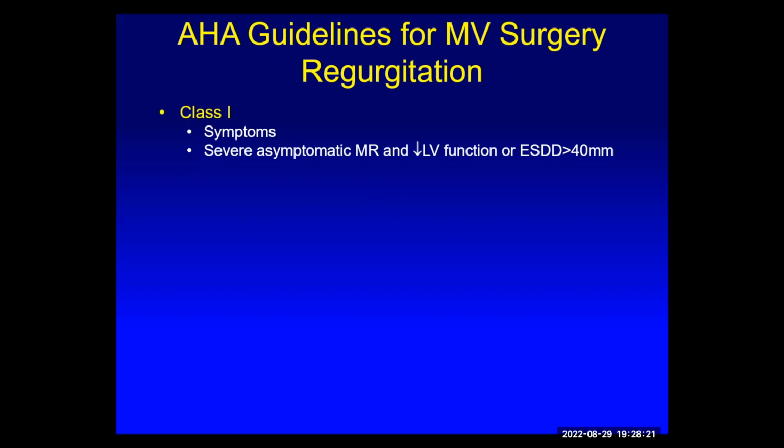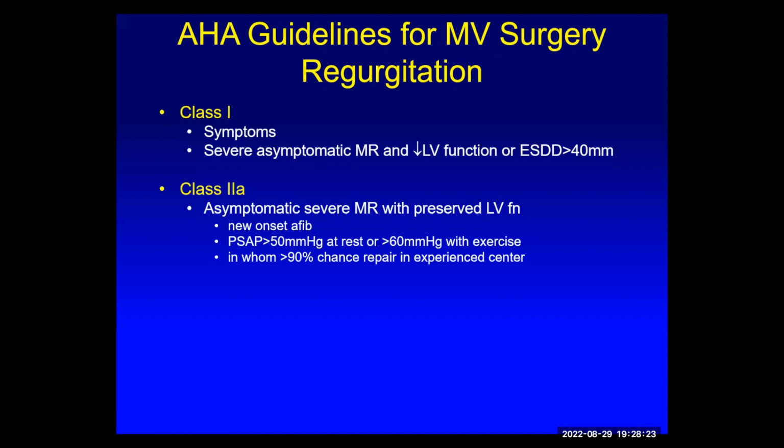Class 2A, very probably the indication for surgery, is when you have an asymptomatic severe mitral valve regurgitation with preserved left ventricular function, but there is new onset atrial fibrillation, you have high pulmonary pressure at rest, or more than 60% with exercise, and also people that we have a significant chance of repairing in an experienced center